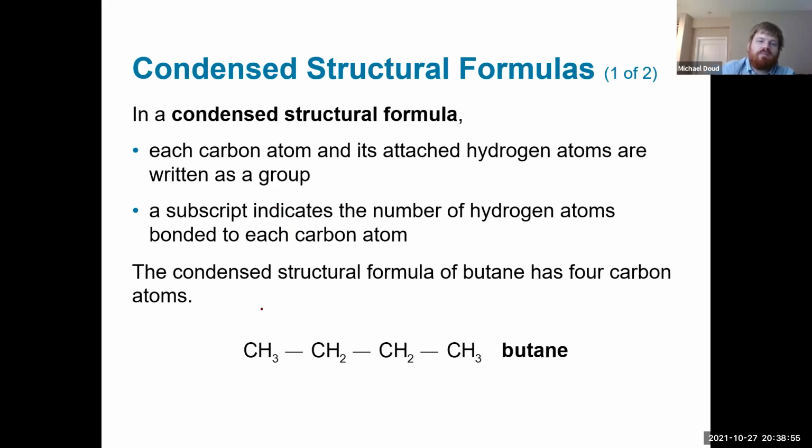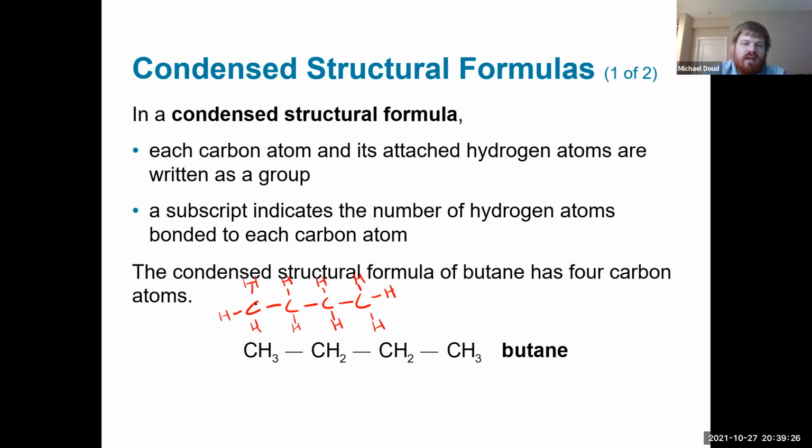So, for example, for butane, we know that butane is 1, 2, 3, 4 carbons, and each of those is saturated, right? So it has a total of 4 bonds. We fill that in with our hydrogens, like that. Okay, and then what we're going to do is,